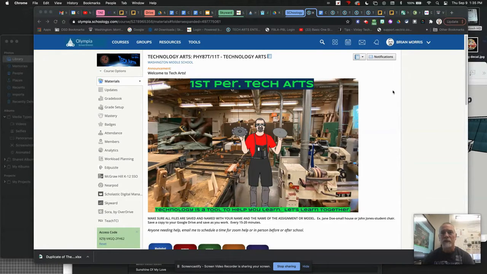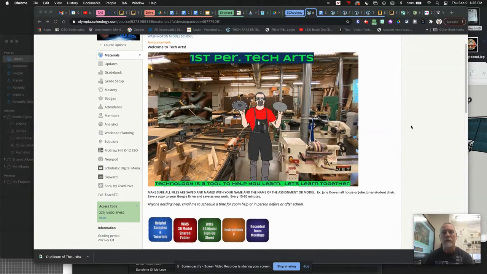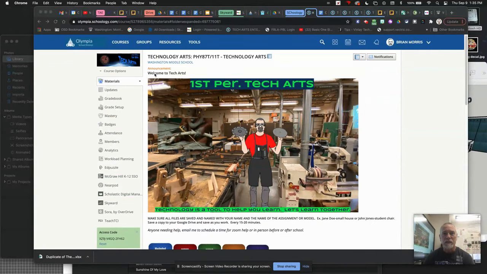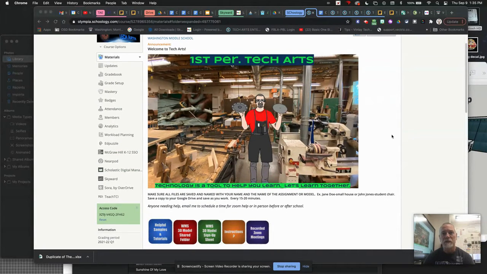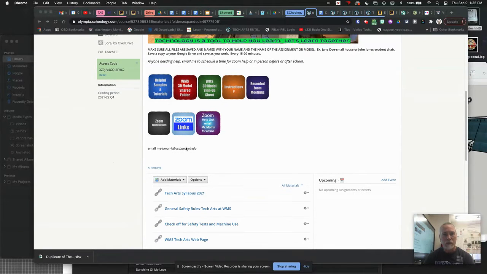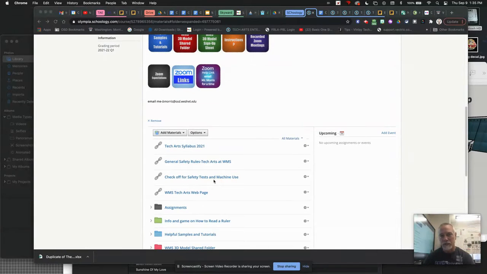The students have a syllabus, and if I go to our Schoology page, you can kind of see how that's laid out. You're looking at it right now. On the Schoology page for the Tech Arts, they're all laid out pretty much the same, no matter what period. I'll put any information at the top up here for announcements that you need to know about, how to save your files, how to contact me. Email address is here. Down here is some information they're going to be using during the quarter. Right now we're using stuff for safety tests.